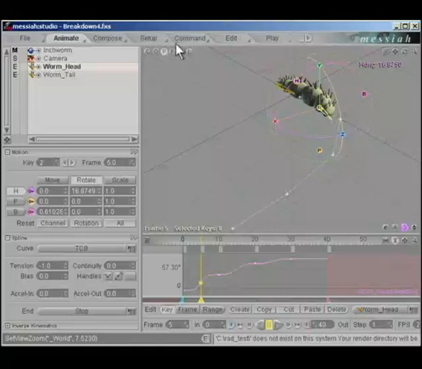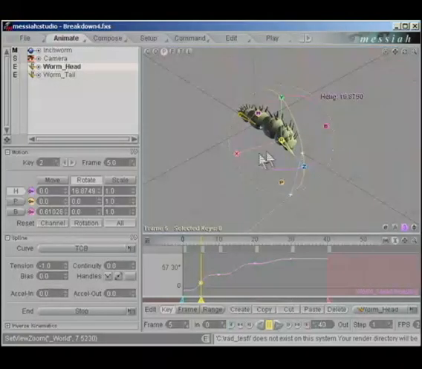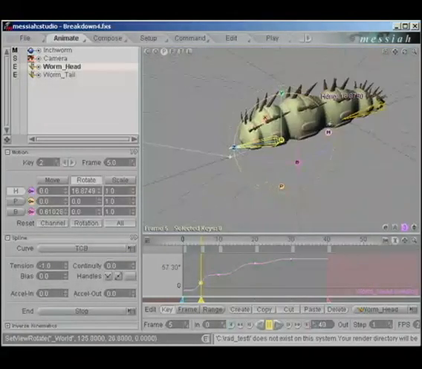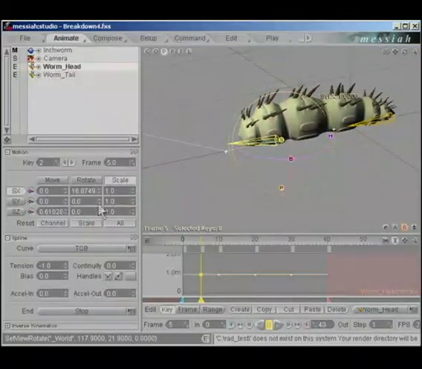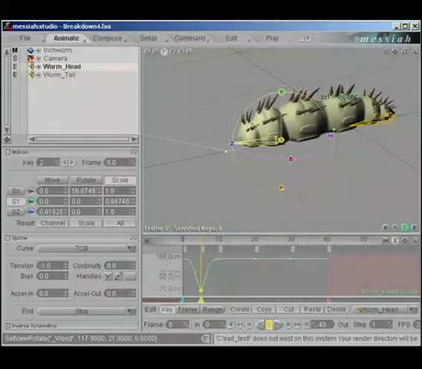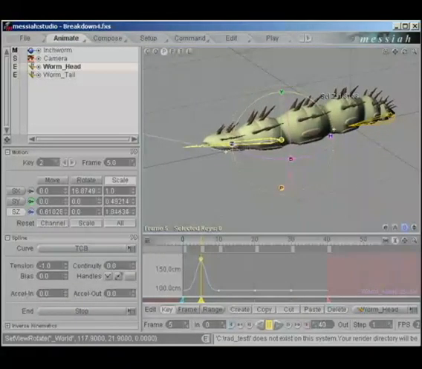So let's go to the middle here. Click into the 3D view, tap the A key to zoom our selection. Activate Scale, and we'll right-click on Y and Z to make them active in the 3D view. I'm going to scale him down on Y and stretch him out on Z like he's reaching for the next